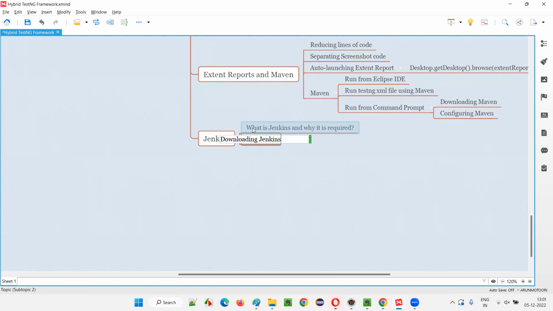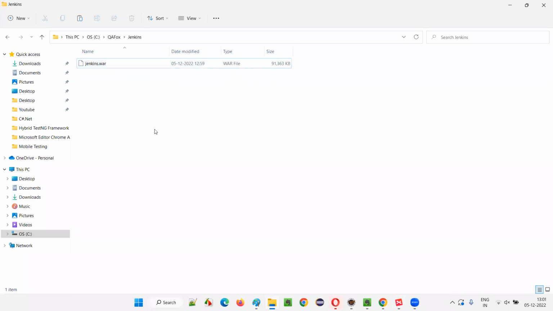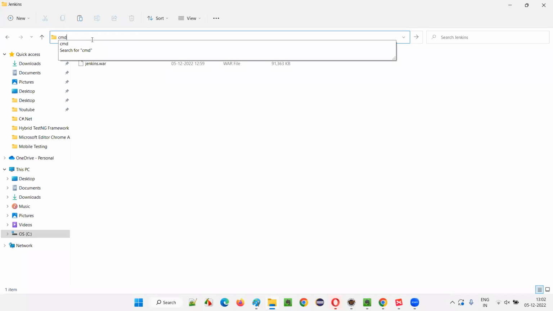How to download the Jenkins war file: we have to download the war file. Don't download the exe file, the war file will be good. Once you download the war file, now I have to open the command prompt and run a command. Here, this is the path where this Jenkins.war file is available. I'll select the path and type a command known as cmd in place of the path